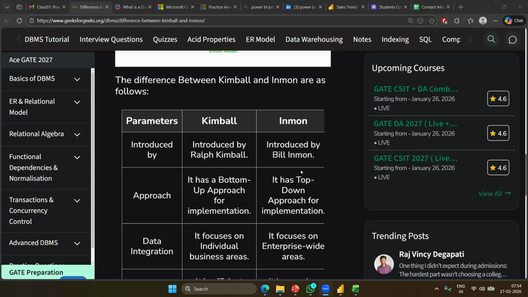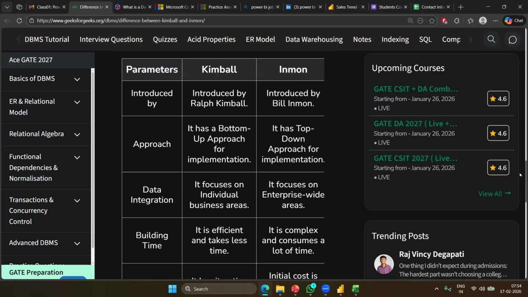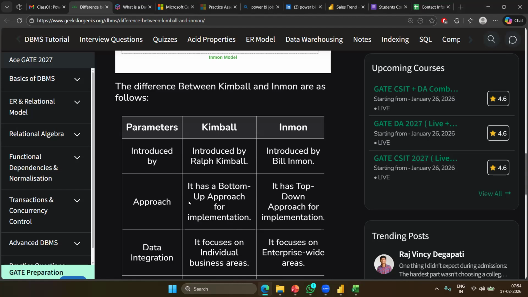Both these approaches are successful. That is the reason today we are learning both of them. Both have their own advantages, so it is about the organization deciding which is the best fit for them. A comparative approach is provided here.